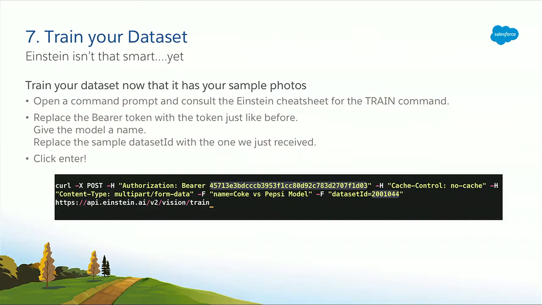So the next thing is, Einstein isn't smart yet. As far as it knows, you just uploaded a bunch of photos. The next command you're going to do is the train. So once again, from the cheat sheet, you're going to grab the train command. You're going to replace the bearer token, just like we did in the last step, which is really just your authorization to connect to Einstein. You're going to give it a name, and you're going to give it the dataset ID